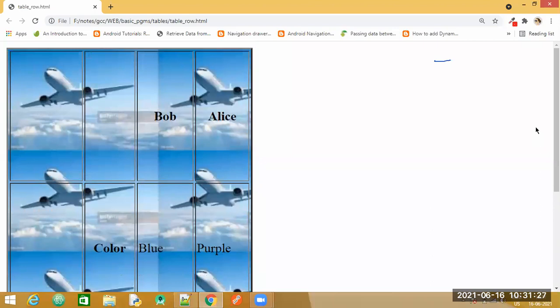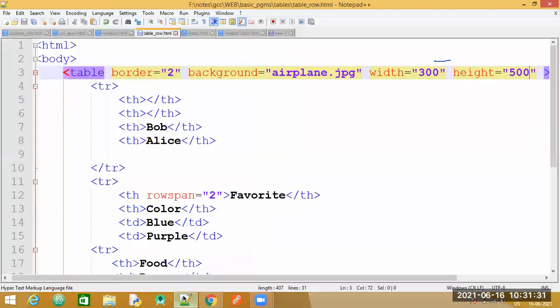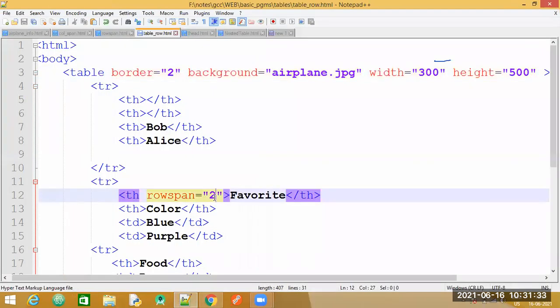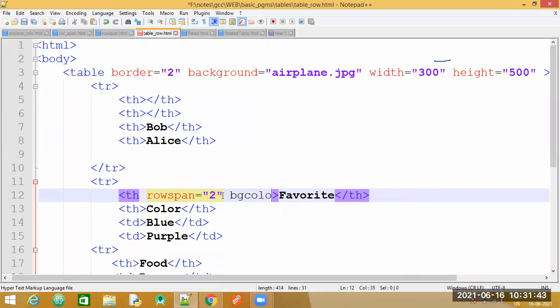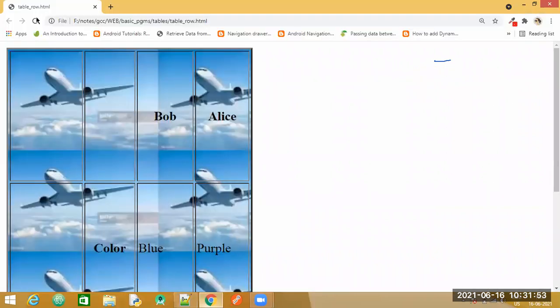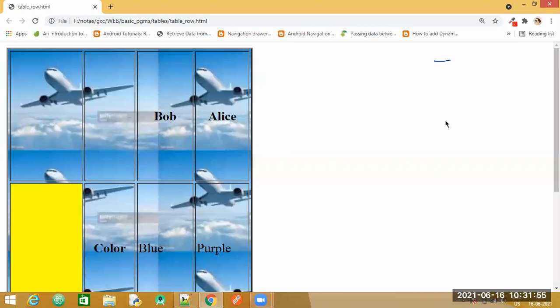Now the background color property. I'll come to the second row here, where row span is specified, and inside this, let me try to write background color. Save this. The property name is bgcolor. We'll come back and refresh.